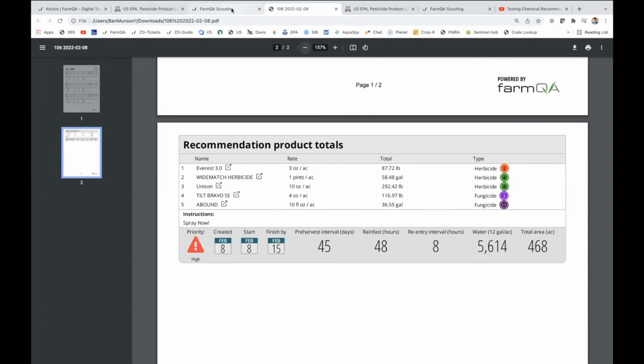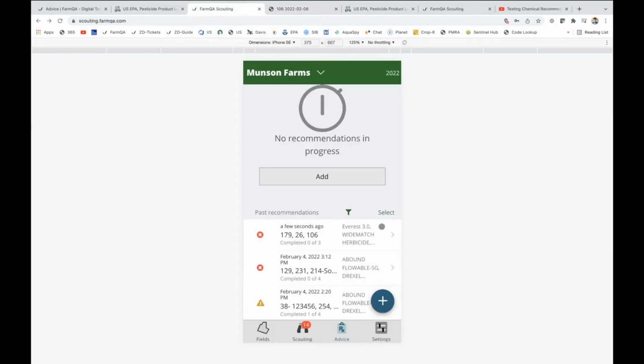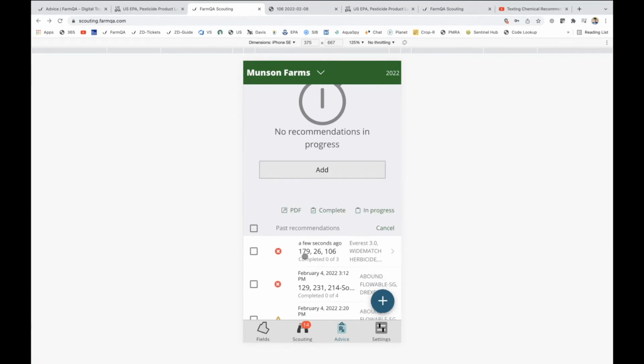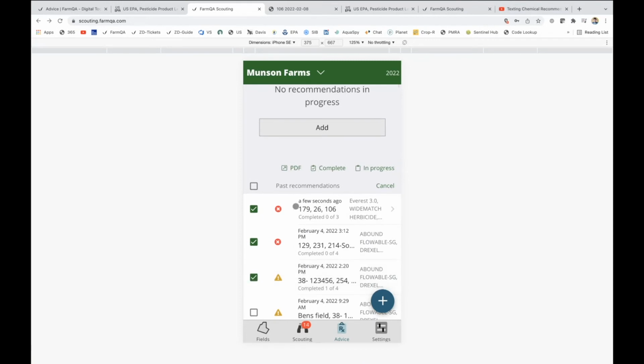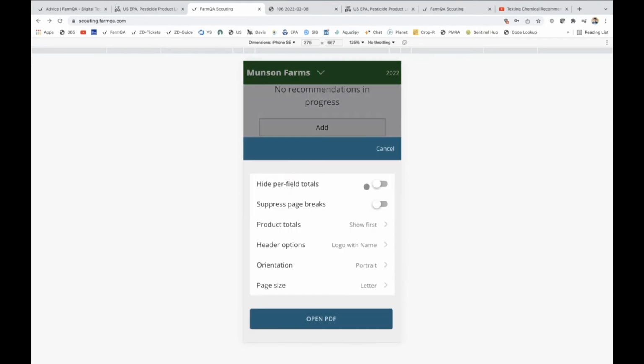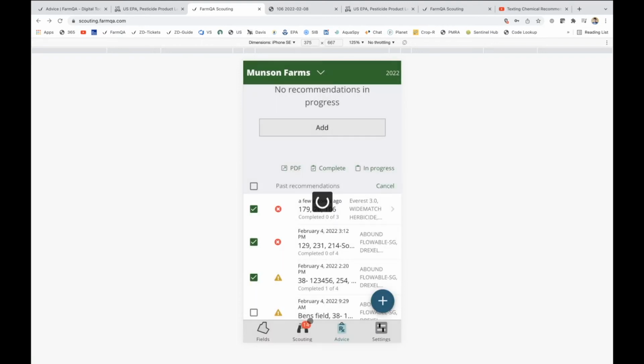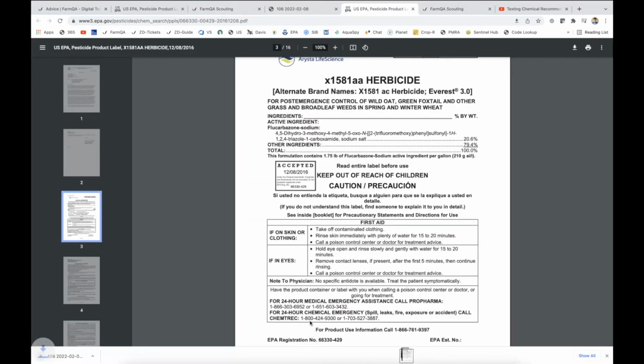If you want an even more rolled up or summarized view, you can go to this select option within our recommendations. And then this would allow you to select multiple recommendations and combine those into one single PDF. And what we can do in our PDF customization window here is I can actually hide the per field totals. And then as I do this, this will actually collapse and provide, like I was saying, an even more condensed view,